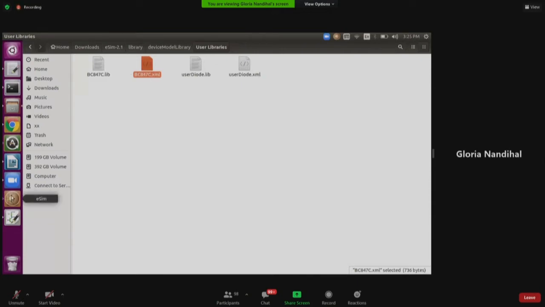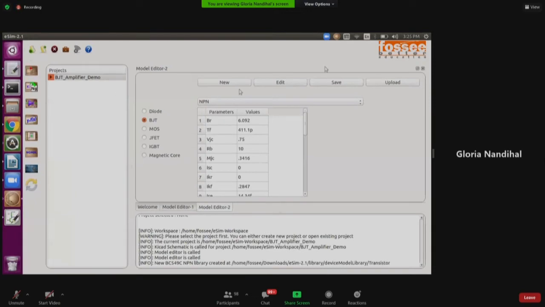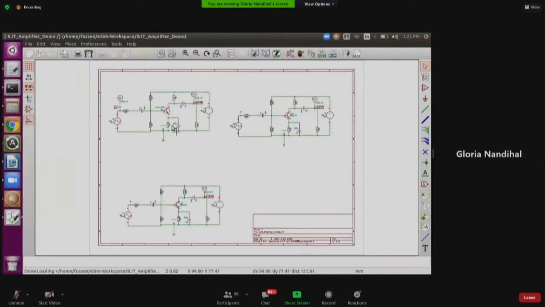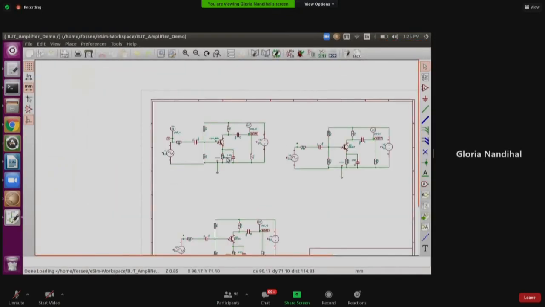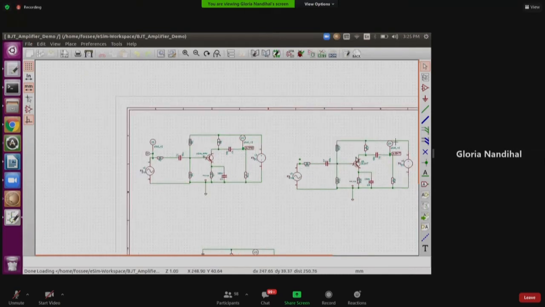So now, a small demo of these added libraries. I have taken the simple BJT amplifier example that is present in the examples folder, and I have made three copies. You can see, right? One issue which I faced: when I copied the plots along with everything, it gave me an error saying the previous XML file is not written. So it's advisable to add the plots again.